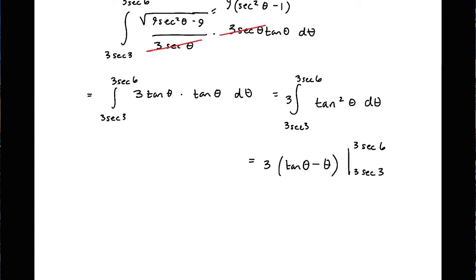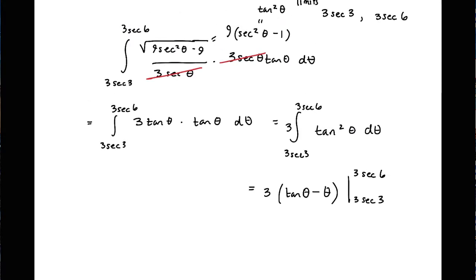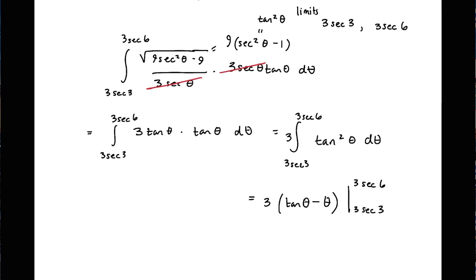Okay, and this is pretty hard to come up with an exact value here as is. If I tried to plug in tangent of 3 secant, like what? If I try and plug that in, what? So I'm thinking that probably the easier way of going about this would be